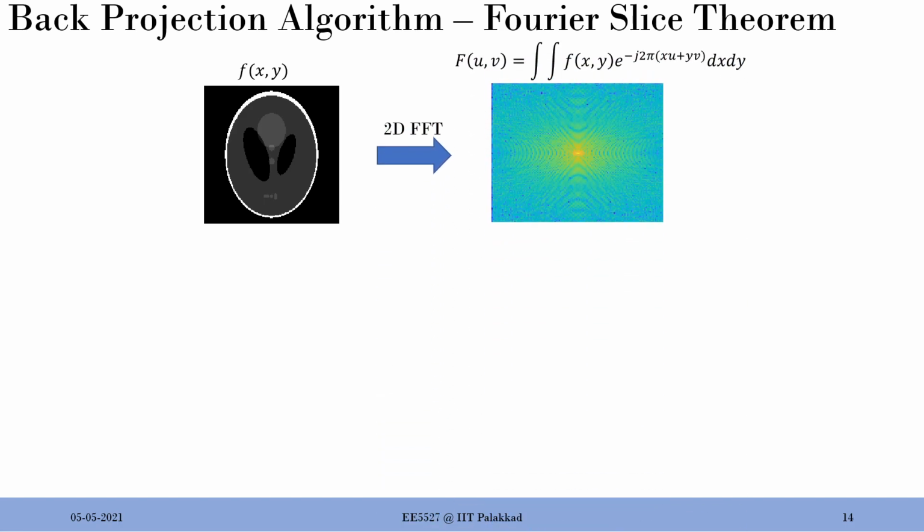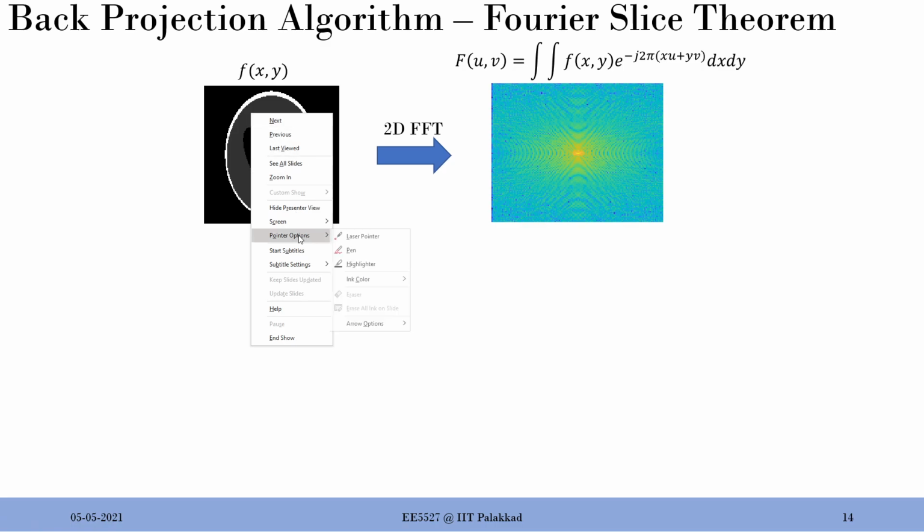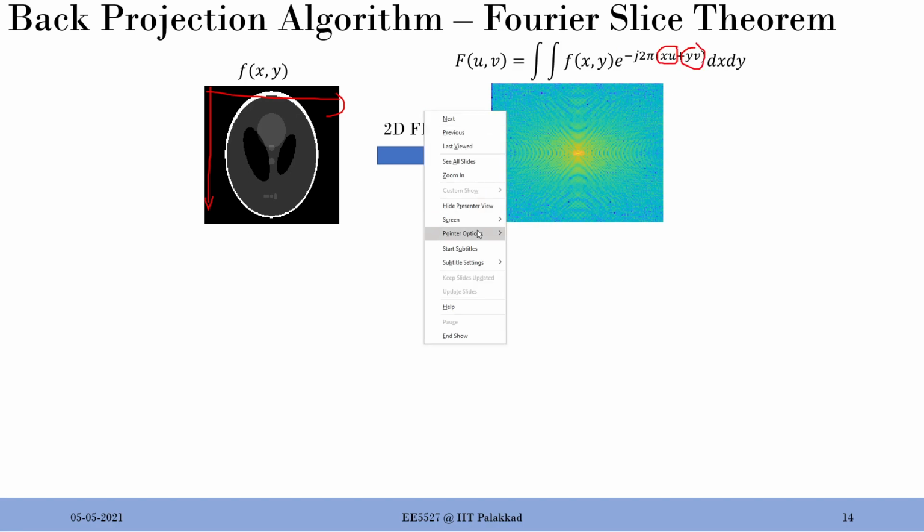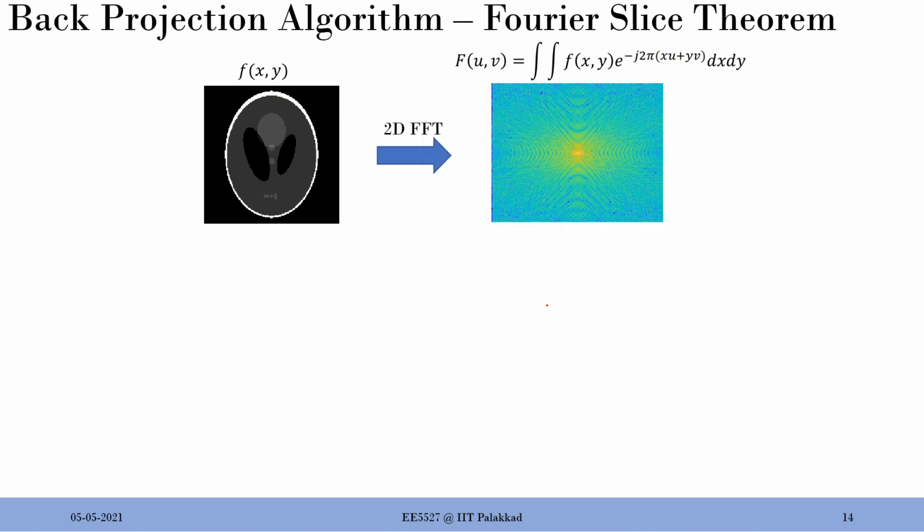I hope all the computer science people are well aware of the Fourier transform by now, but even if you are not, you can ignore it. I just wanted to introduce a concept here. A 2D Fourier transform basically means you first do the Fourier transform in the x direction, and on top of that you do the Fourier transform in the y direction. So that's exactly what you have: the pixel, then the x direction, then the y direction. So that's the Fourier transform. If you want to really consider this, let me explain so that it becomes pretty clear.